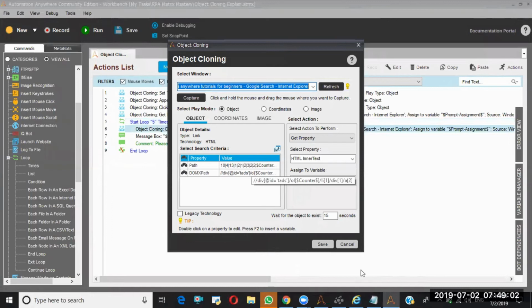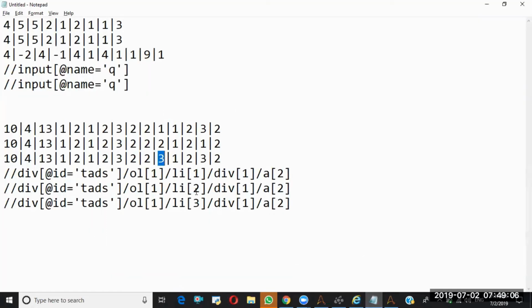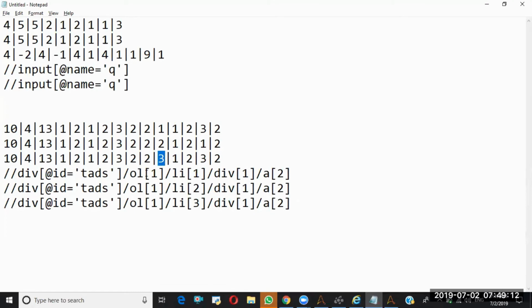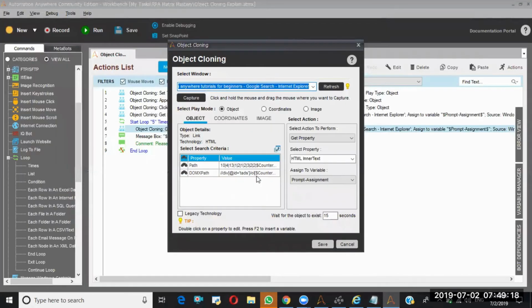Okay, I gave it in the wrong position. Actually, see here, I need to change the li. But here I said OL position, right? So in the first iteration, OL of 1 is there. The second iteration, it will look for OL of 2. That's the reason that is giving error. So let me remove this one here. Let me put 1 here.